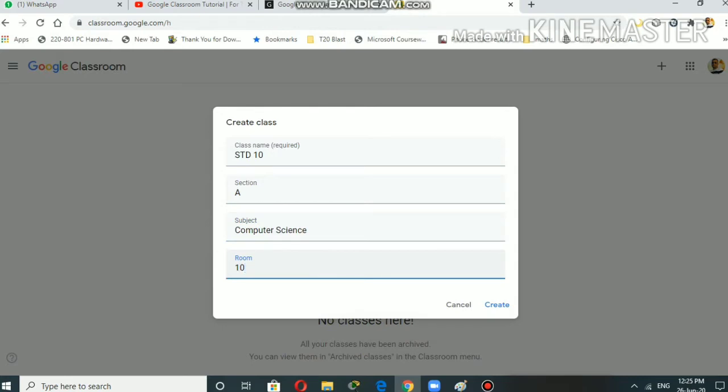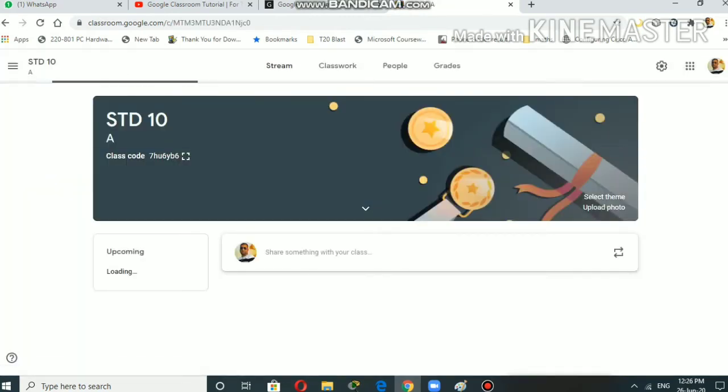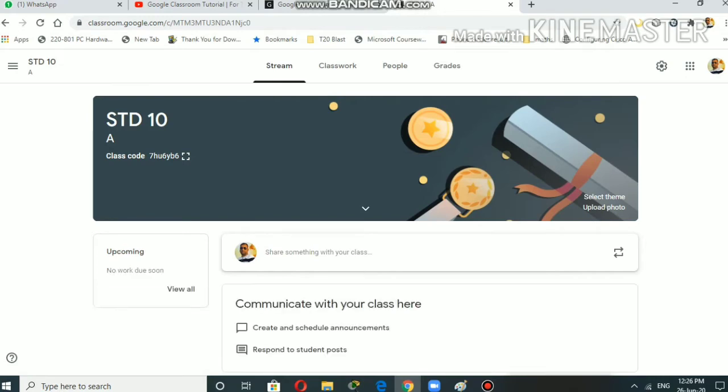Suppose the room number 10 and click on create. After clicking the create, we will get a like this interface you can see as you are looking on the screen. So what you have to do, you can check here standard 10 is here, section is here and the class code is written here.